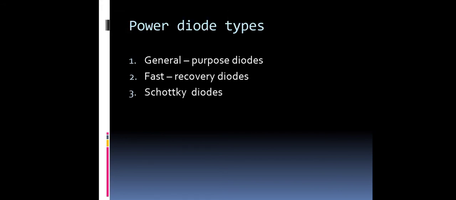The diodes are generally made by diffusion, and the recovery time is controlled by platinum or gold diffusions. Then the third is the Schottky diode. In the Schottky diode, the charge storage of PN junctions can be eliminated. The Schottky diode has a layer of metal. It is deposited on a thin epitaxial layer of N-type silicon.